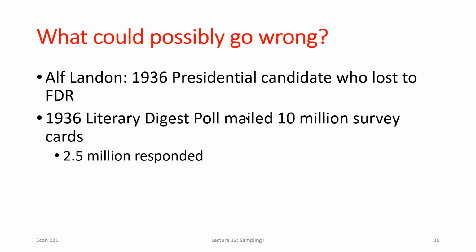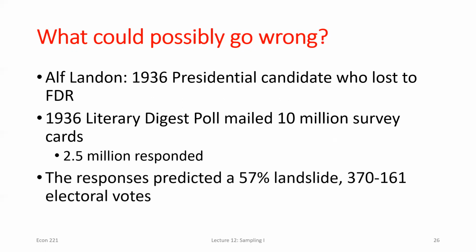They sent out 10 million mailers, right? I don't know what the population was back then, but even today, that would be a pretty good sample size. They got 2.5 million back, which, if you're ever looking at survey responses, a 25% response rate would be really good. So they were pretty excited about this. They thought, okay, we're going to predict the election. We got a pretty big sample, and they predicted a 57% landslide, a 370 to 161 electoral vote win for Alf